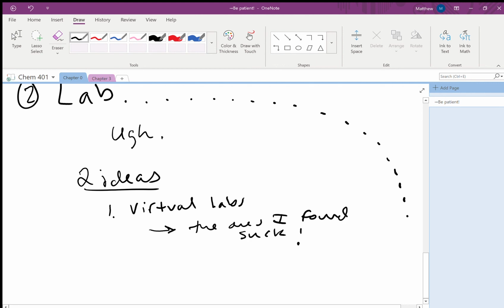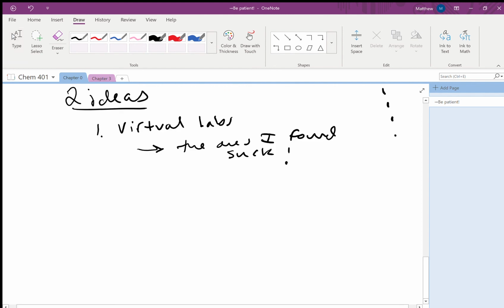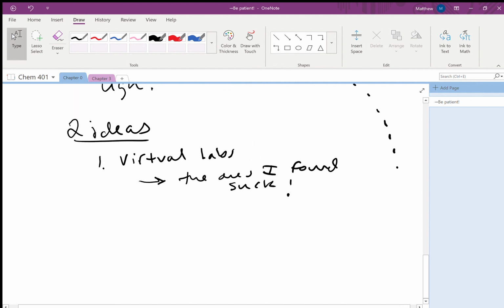Okay, and they're pretty hard to use. And not only that, but it feels like they're kind of a massive waste of time, and oftentimes are geared to a much younger audience, people who are just starting out in chemistry, or high school students, or even grade students. So I don't think that the virtual labs will be the best. So I'm just going to say right now that we're not going to do that, okay?